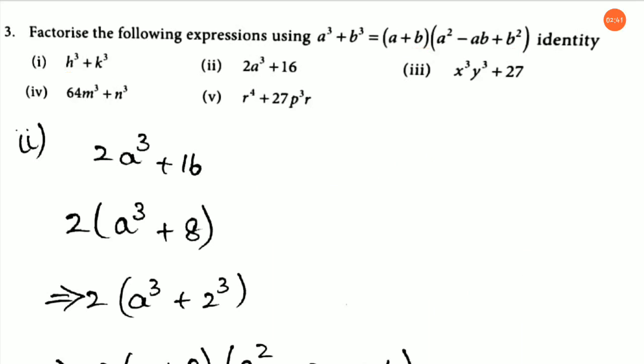Clear? For this type of sum, they have given you the formula, so no need to mug up this formula. We have learned 7 formulas, right? This is one more formula in that, a cubic identity. Since they have given you, directly you can convert it to that expression and then find the factors.